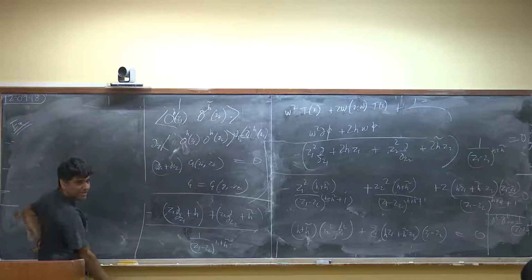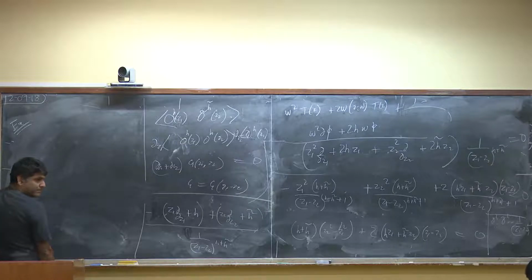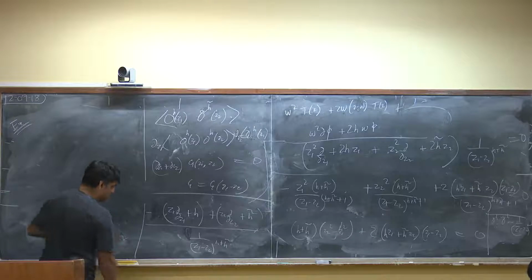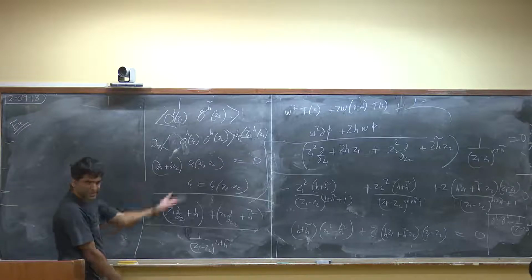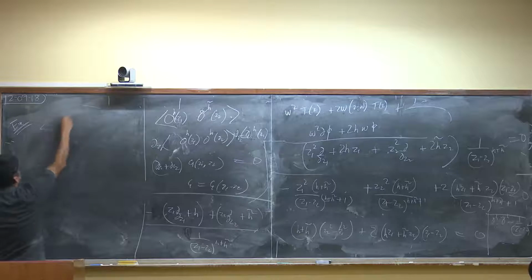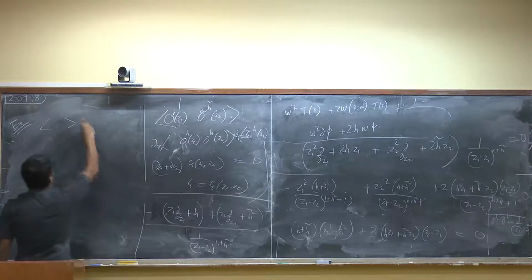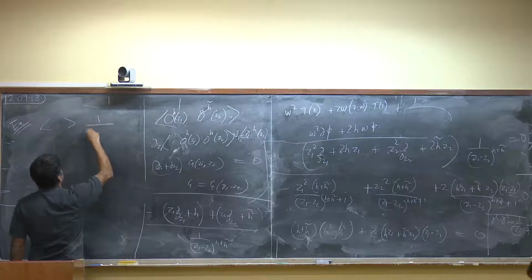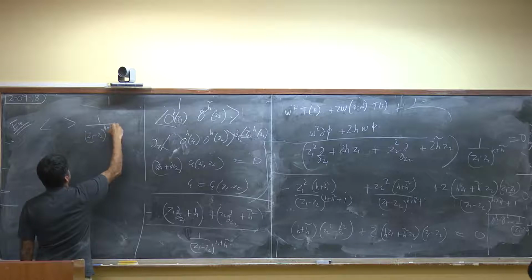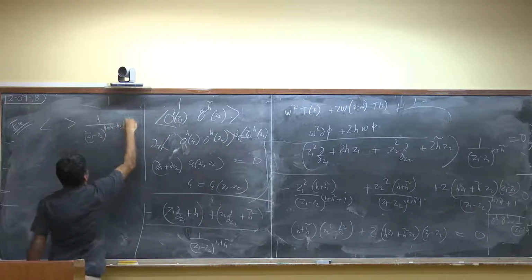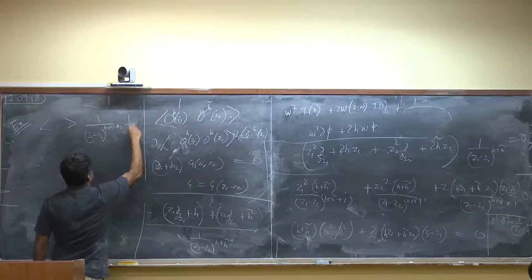Show that if you have 3 quasi-primary operators of dimensions h1, h2, and h3, then the holomorphic part of the 3-point function must transform like 1 over (z1 minus z2) to the power h1 plus h2 minus h3,